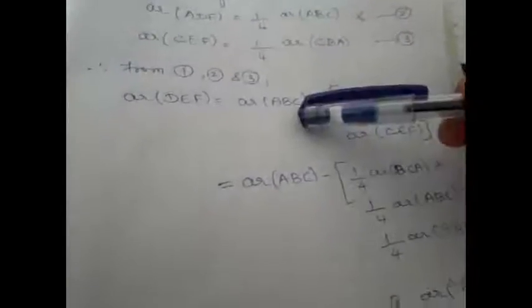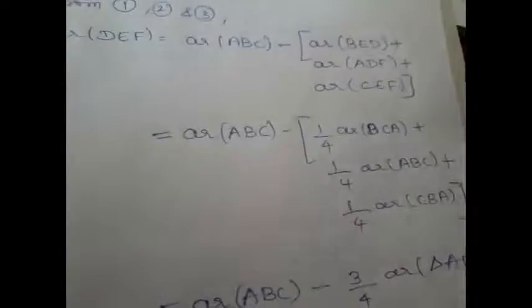So similarly, as we discussed now, we can prove these two. So from 1, 2 and 3, what will we infer? Area of DEF can be obtained by subtracting the remaining 3 triangles' areas from the bigger triangle, right? But we know area of BED is nothing but 1 by 4 area of triangle BCA, plus these two we have substituted. But since we are talking about only the area of these 3 triangles, the order in which we write the vertices doesn't matter. If we speak about the correspondence, the similarity, or the congruency, in which order it corresponds is very, very important.